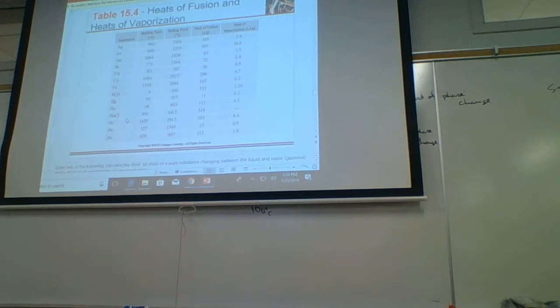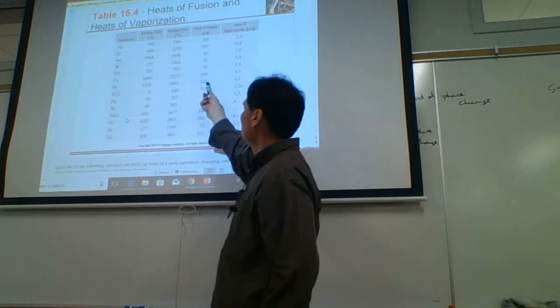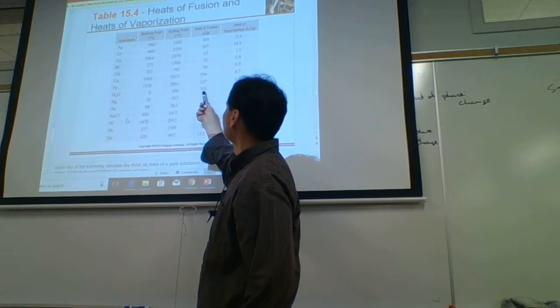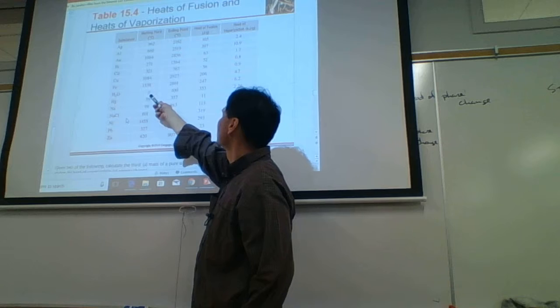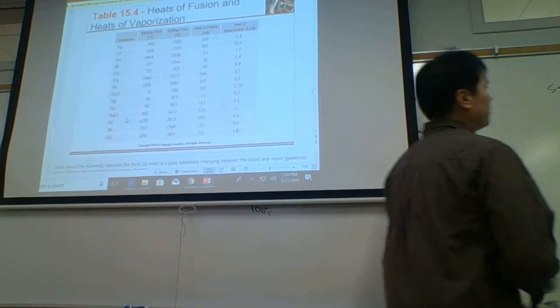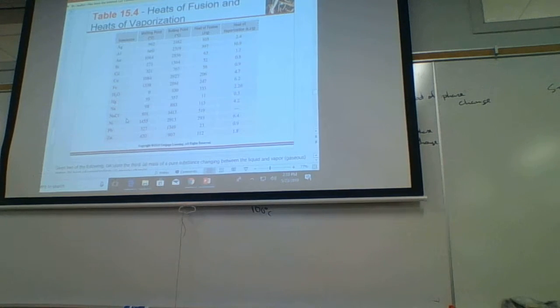Here. That's this column here. For water, it's 333 joules per gram at 0 degrees C. So 333 joules per gram. So the grams cancel, that leaves me with joules. So let's see how many joules of energy this requires. 19.6 times 333. And actually quite a lot, 6,526.8 joules.